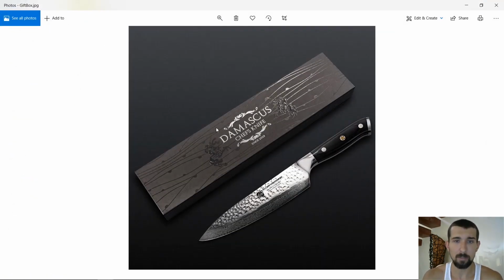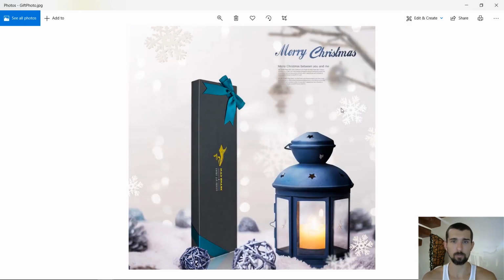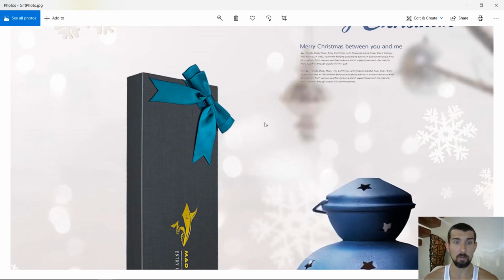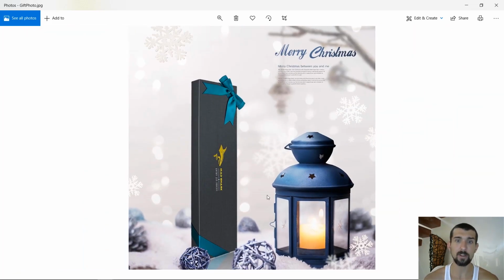For example, here we have the Damascus chef knife by this dude, Owen. It's like a gift photo. We see a really beautiful box, very high quality, premium style, and that's a gift photo. The idea of a gift photo is to show that this is a giftable item. And you can even say that, or even show it with a ribbon. So here we have the Med Shark knife. And again, it looks small here. That's something I don't really like, when it kind of looks smaller, but that's up to the person. You see Merry Christmas. He already made the Merry Christmas picture. So that's a gift photo. A gift photo gives the customer the idea that this product can be gifted.